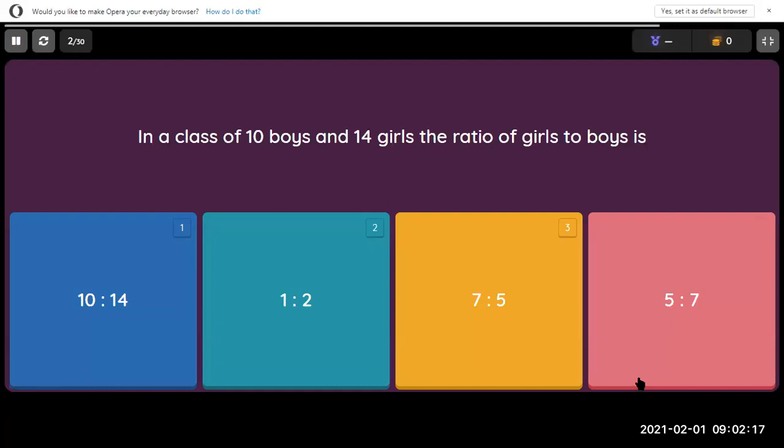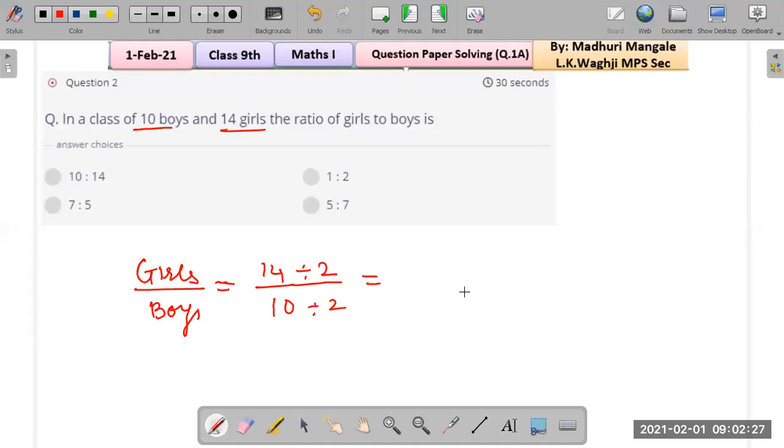You should be able to see this question over there. Okay, select the correct choice. You should be able to see question like this. Simple, you just have to divide this, isn't it? 14 divided by 2 over 10 divided by 2, what do you get? And select the correct choice. This is easy. Okay, and that's it. Time's up. So let's see how many of you have got it right.